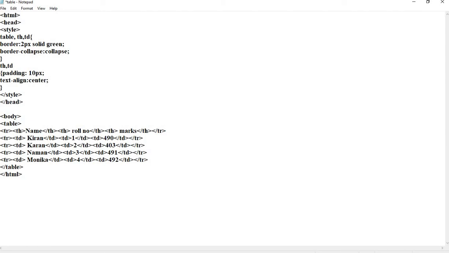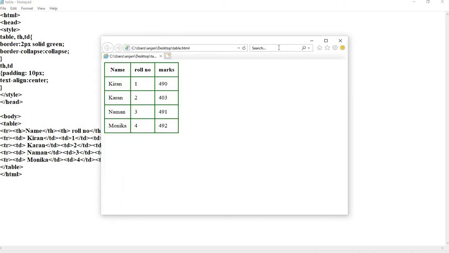By default the text inside the th tag is center aligned and the text inside the td tag is left aligned. So I'm making both the texts aligned towards the center. Again, save your content by pressing Ctrl S. You can check the changes by reloading the same page. Now you can see the text gets center aligned.